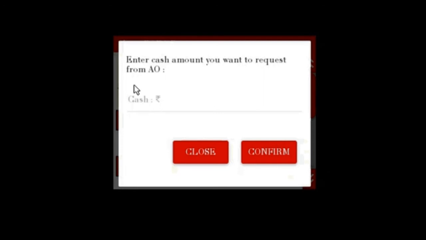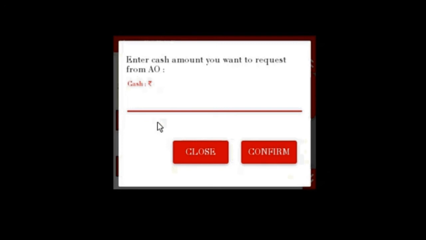If any cash is required for tomorrow's work, a request can be placed from this option. Since we have no such request, we will put 0 and confirm it. BPM does not require any amount from the SO for tomorrow's work. We'll put 0, confirm it.